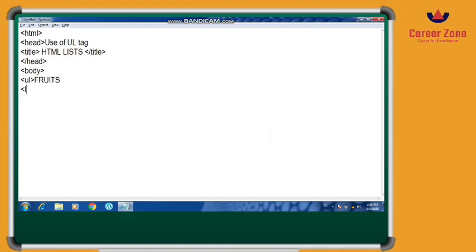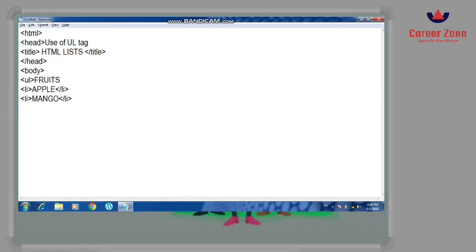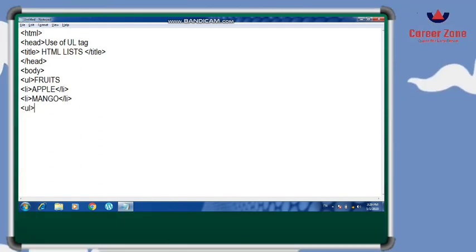Suppose I have written apple, close the li, then I have written again, suppose mango, close the li and close the UL tag. Then close the body, and then close the HTML tag.